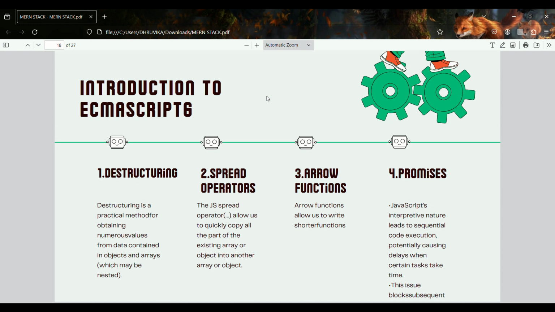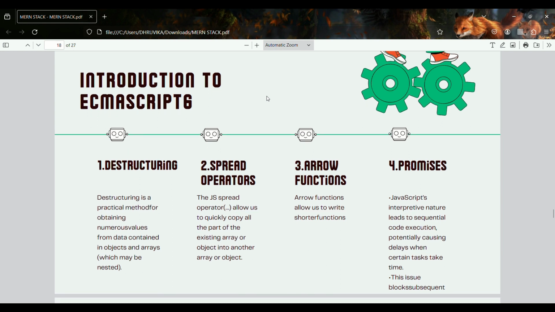Arrow functions allow us to write shorter functions. Promises: JavaScript's interactive nature leads to sequential code execution, potentially causing delays when certain tasks take time. This issue blocks subsequent